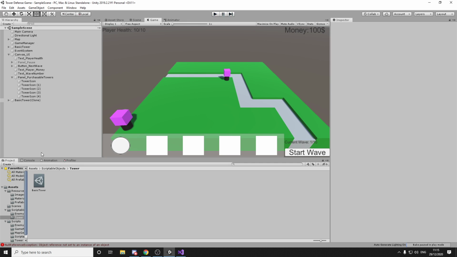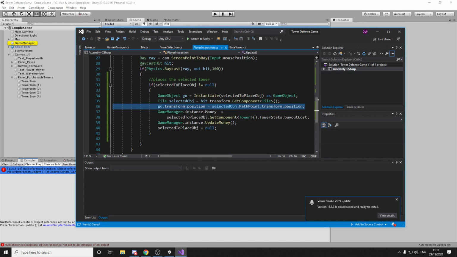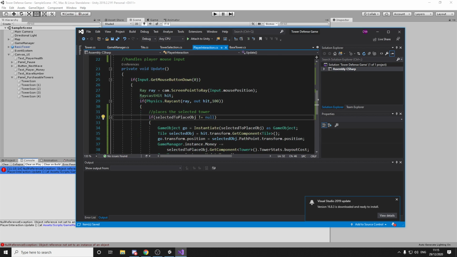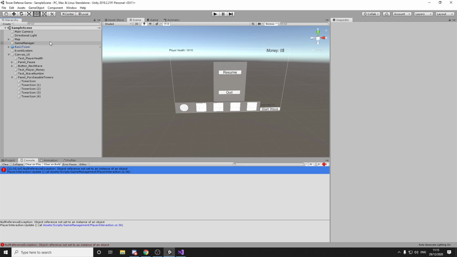Yeah, so there you go. We get the problem here. That's because the selected object didn't have this, right? So what we'll also actually have to do is, well, there's many things we could do. We can either use a layer mask or a tag. So for example,